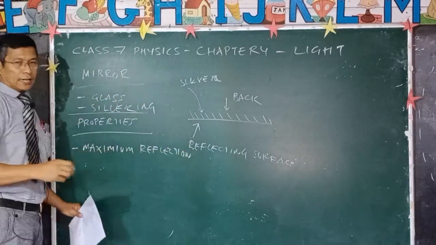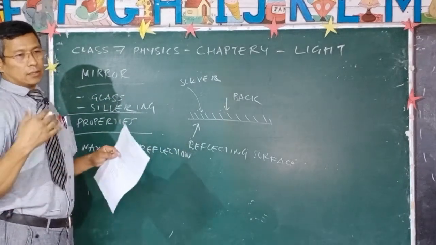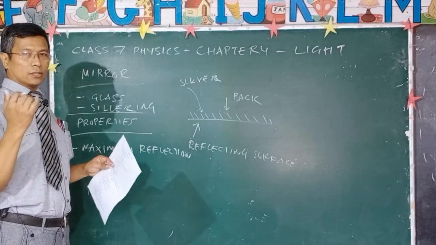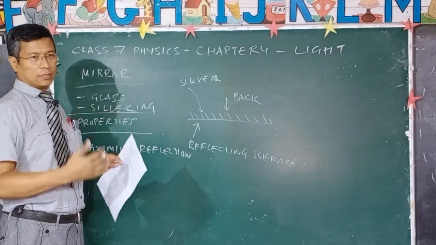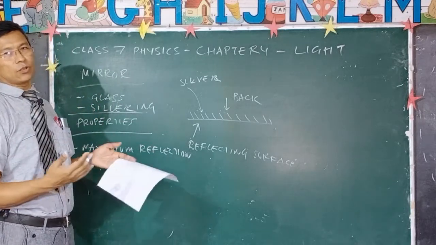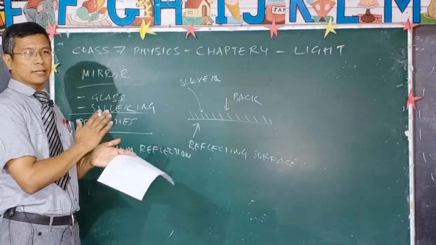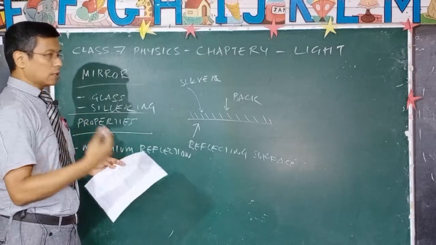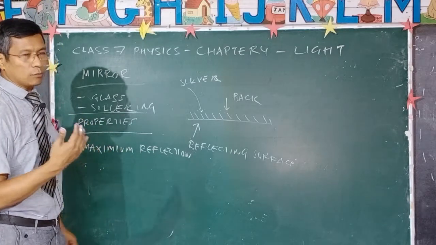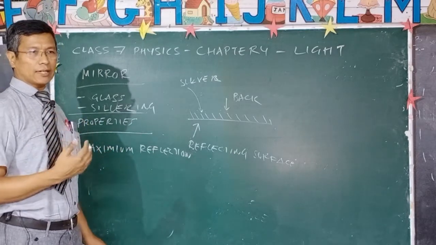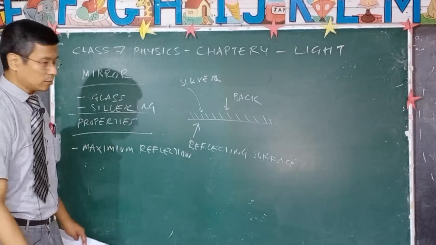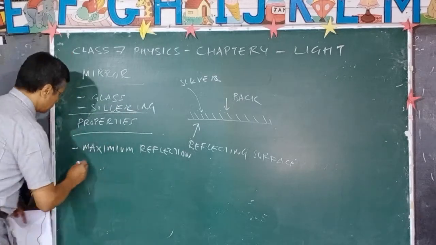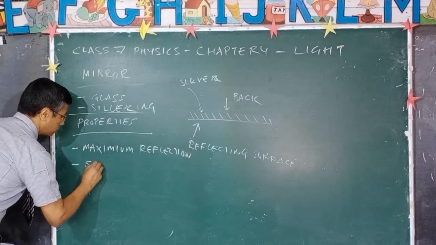Now this means that most of the light which is falling on the surface should get reflected. If some of the light that is falling on the surface gets absorbed, then the image will be dull. So a good mirror is one that should reflect most of the light so that you get a bright and clear image. Second is that it should not absorb